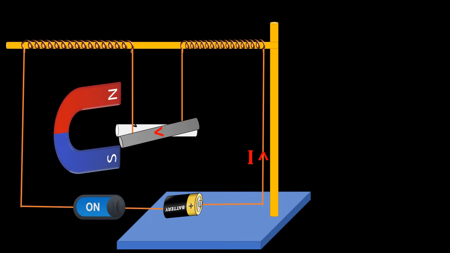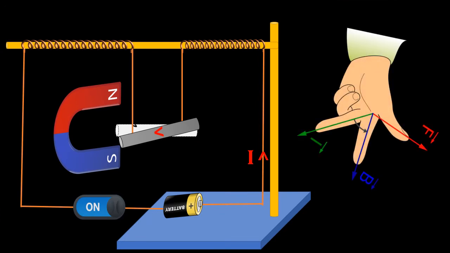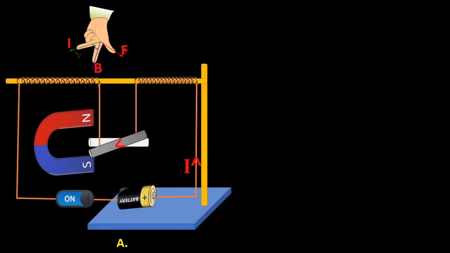which will be given by Fleming's left hand rule, which we have studied before. The direction of the magnetic field is from north to south, so top to bottom, which is given by the forefinger, and the direction of the current is from right to left, which is given by the center finger, and the force which is acting on this conductor will be given by the thumb, which is towards us, so that this conductor will get deflected towards us. This is the activity I have explained just before.